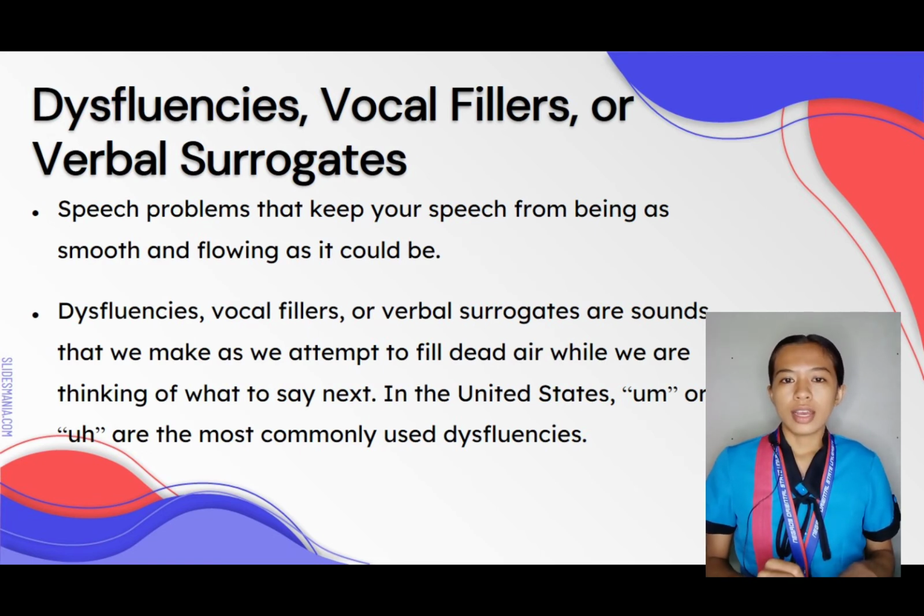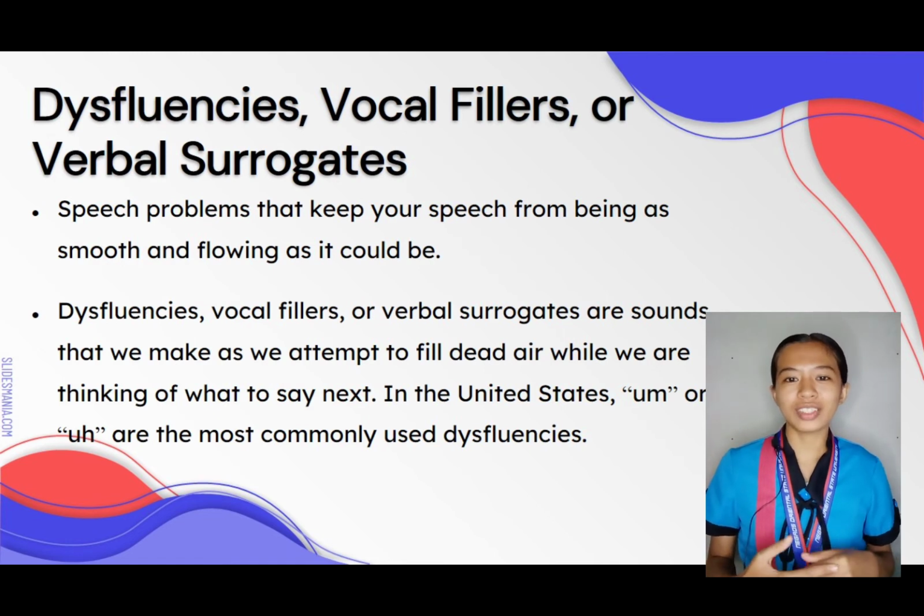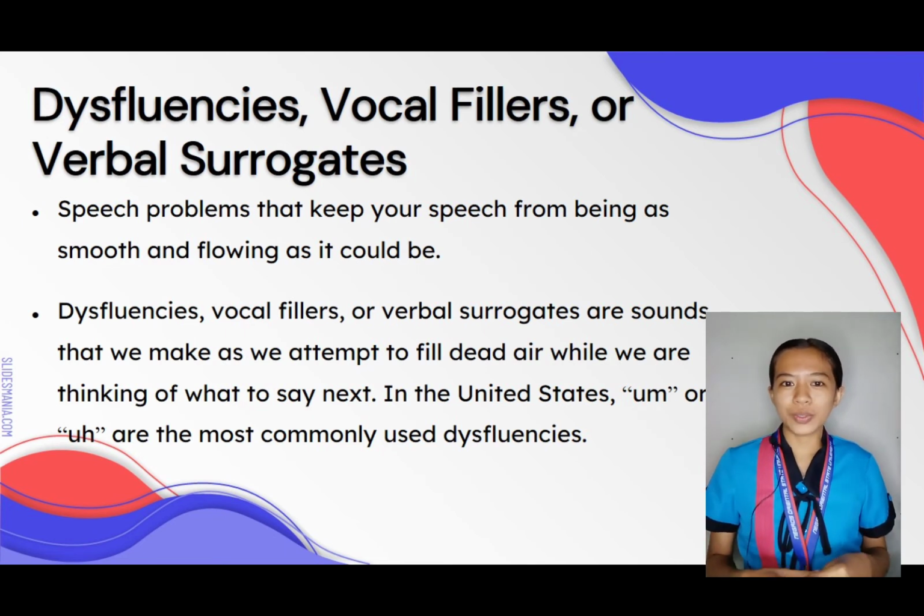Disfluencies, vocal fillers or verbal surrogates are sounds that we make as we attempt to fill dead air while we are thinking of what to say next. In the United States, "um" and "uh" are the most commonly used disfluencies. In conversation, these disfluencies may pass unnoticed by both the sender and receiver, but consider how the recognition of disfluencies increases